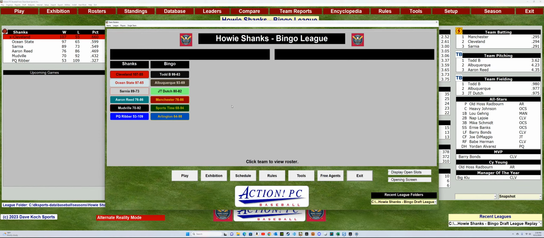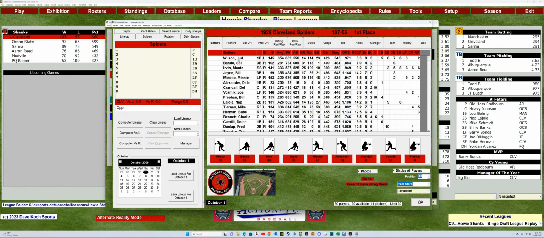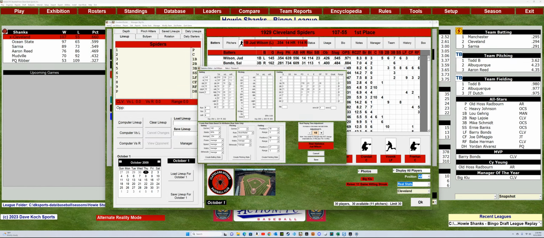So there's two things you can do. If I'm going to go in here, pull up Judd Wilson, and I'm going to hit edit player statistics, you've got real or replay. So if I do real, I could come in here and choose to do all of my editing on a card right here. I could put in my versus lefty, because you'll notice once you start editing versus lefty, it gives you your other righty split. That's convenient, right? I could do all my editing right here, and it's an easy place to see all his fielding. And I could create attributes down here if I wanted to have some other fun. So you can go that way,